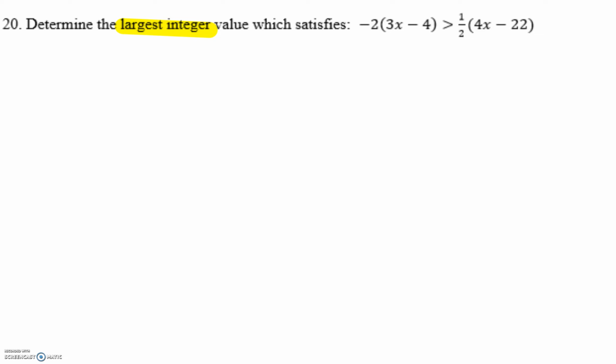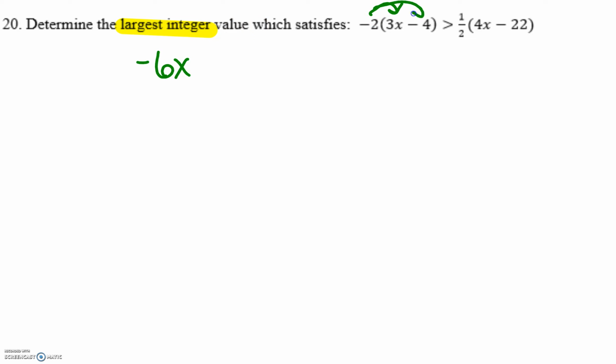Determine the largest integer value which satisfies -2(3x - 4) > 1/2(4x - 22). So the first thing I want you to do is pretend that this symbol right here is an equal sign and solve for x. So